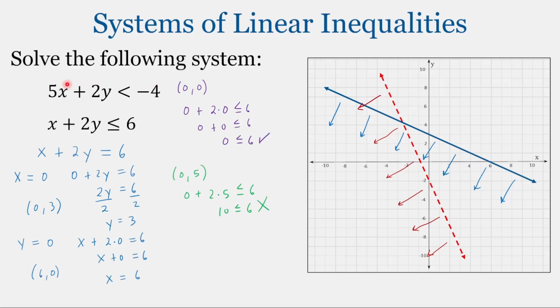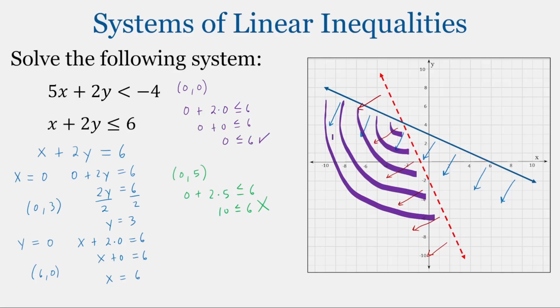And so the solution for this system will be where these two inequalities overlap. And they overlap in this region here. So we can shade this region. And all the points in this shaded region are solutions to this system of linear inequalities. So if we plug those xy coordinates into both of those inequalities, both of those are going to give us